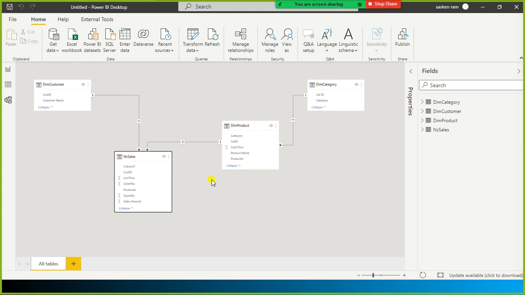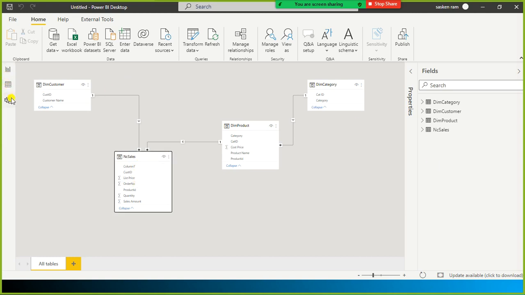It is somewhat the same as that one. Let me remove this. Let it be there in the interest of time. So customer ID, if I hover the cursor here, yes, good, and product ID and category ID, so everything is good. But column 7 is something wrong here. It's an empty column. I should have removed it. Anyhow, let it be there. We are not going to do anything with this column. But ideally, in a real-time scenario, make sure that you don't have empty columns like this. You remove it. Fine.